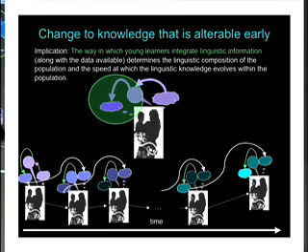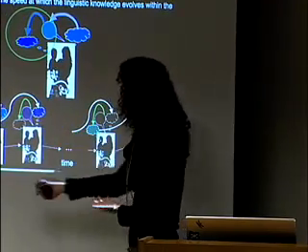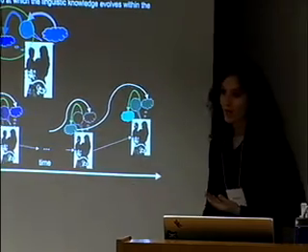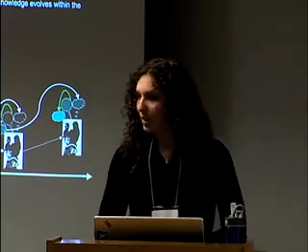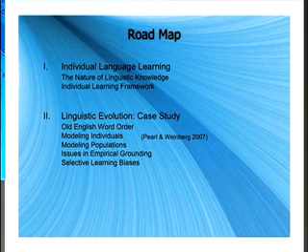So you have a young learner learning from the available information, then they grow up and become the transmitters of the information. It's the iterated learning paradigm in this sense, and that's the idea I'll be working with for the work we're going to talk about today. Because of that, I'm going to spend a little bit of time on the nature of individual language learning, and then look at a particular case study of linguistic evolution that actually motivated most of the thought within this area.